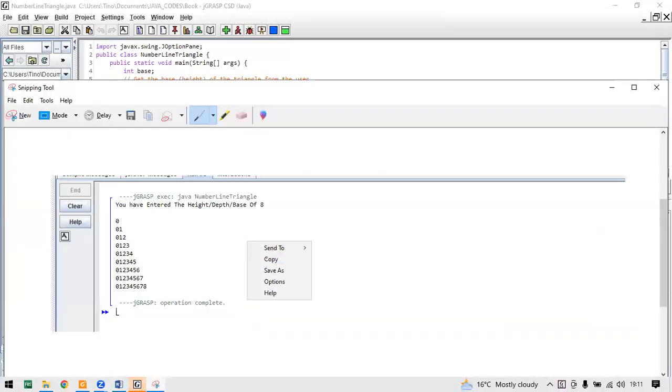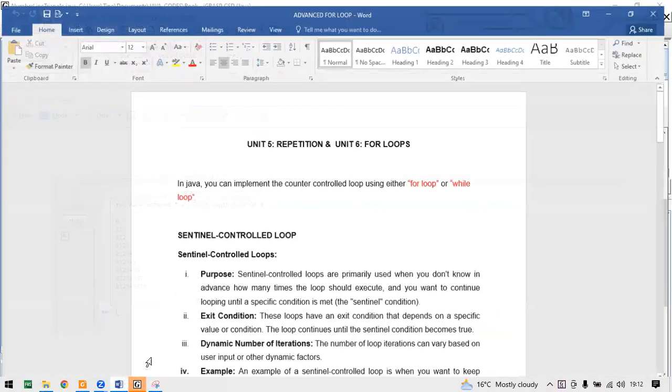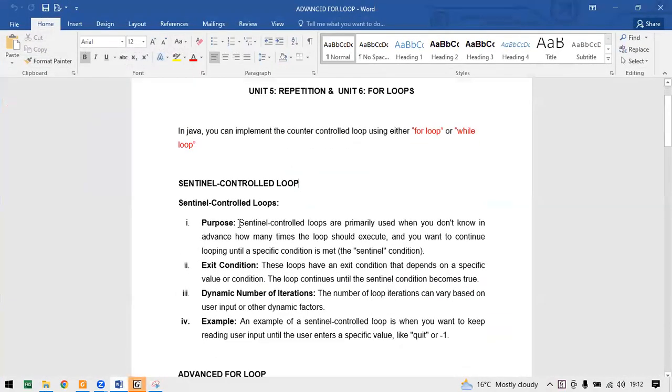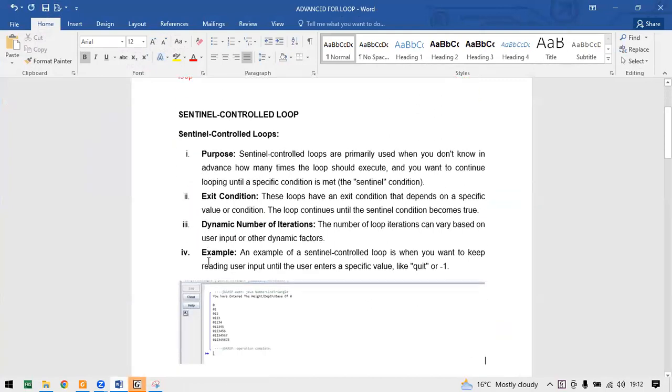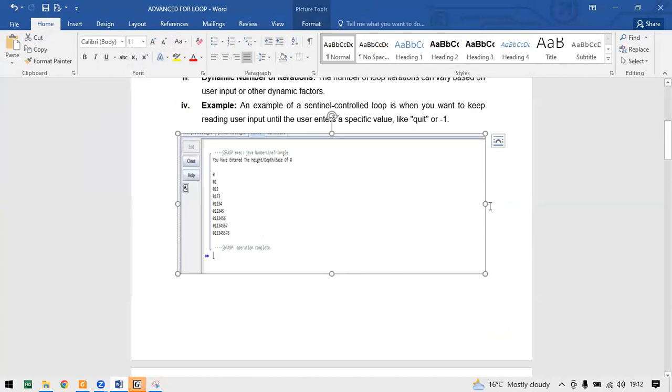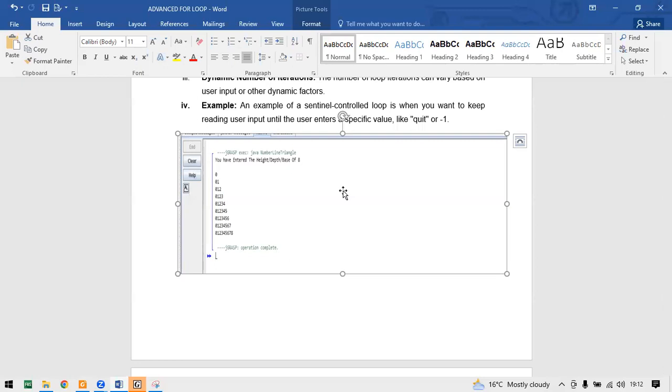Then you copy, you go to your question. Maybe this is question number 2. This is the code. Then after the code, you press enter, then you paste like this, right? That's another option.